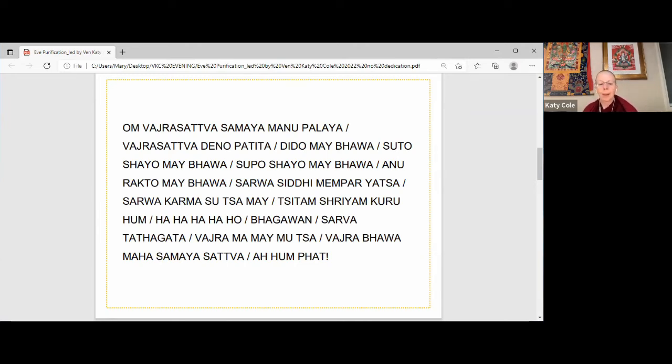Om Vajrasattva Samaya Manupalaya Vajrasattva Dina Patita Dida Mebawa Sutokaya Mebawa Supokaya Mebawa Anarakta Mebawa Sawasidi Mimpi Yatsa Sawa Kama Sitame Sitam Shriyam Kuruhum Ha Ho Bhagawan Sawa Tatagata Vajramame Mutta Vajrabawa Mahasamaya Sattva Ahum Pe Om Vajrasattva Samaya Manupalaya Vajrasattva Dina Patita Dida Mebawa Sutokaya Mebawa Supokaya Mebawa Anarakta Mebawa Sawasidi Mimpi Yatsa Sawa Kama Sitame Sitam Shriyam Kuruhum